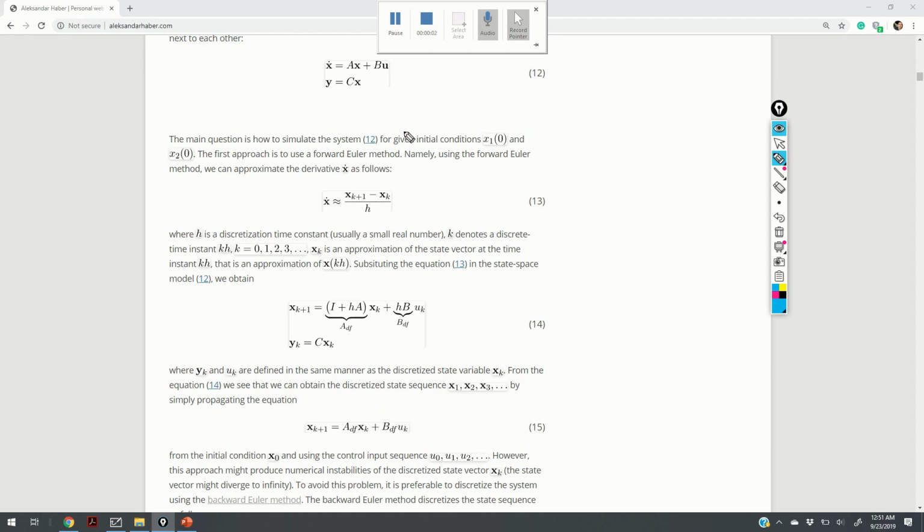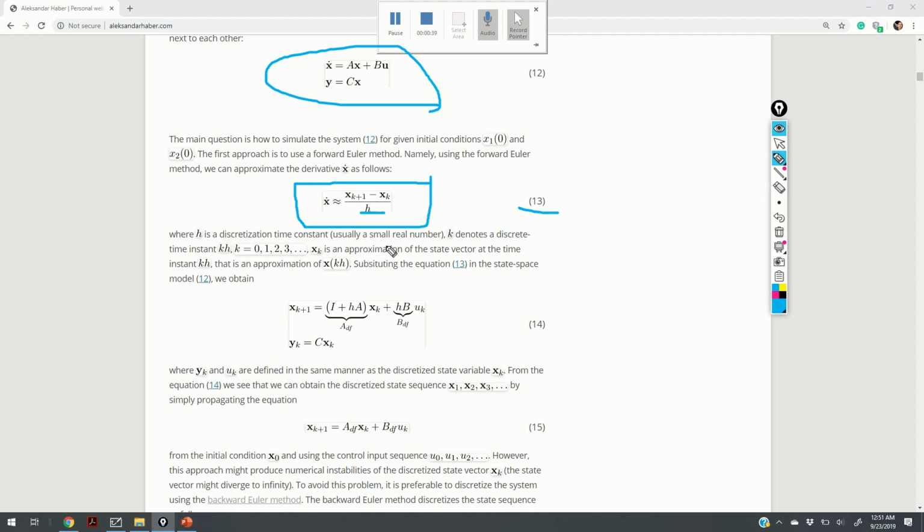Now, the main question is, how do we solve equation 12? So how can we solve it using a numerical method? The first thing that should come to our mind is to use basically a forward Euler method. The forward Euler method approximates the first derivative using first order finite differences, where in equation 13, h is the